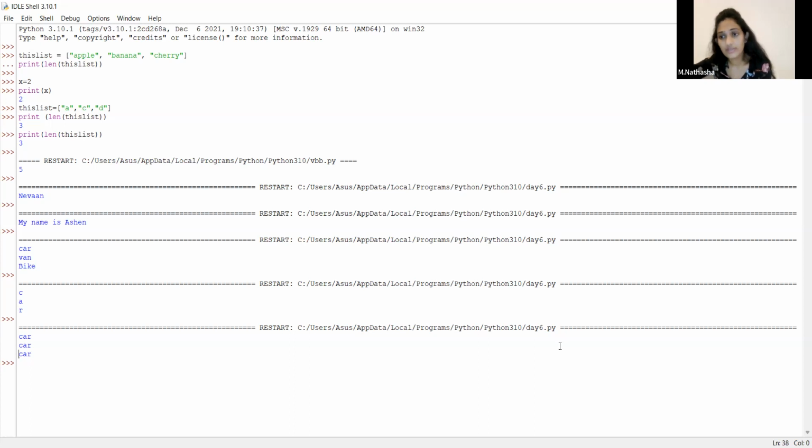You have to create three variables called x, y, and z, and you have to assign the values apple, orange, and banana. And you have to get the values using the print command. Can you write the program? Yes. Are you okay? You are doing it right? Yes, teacher.